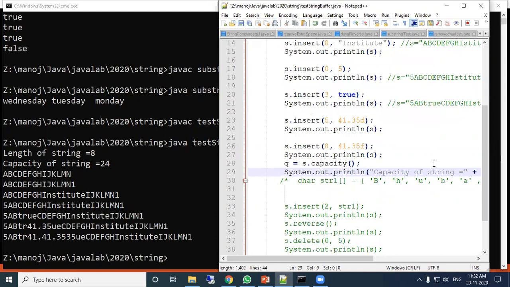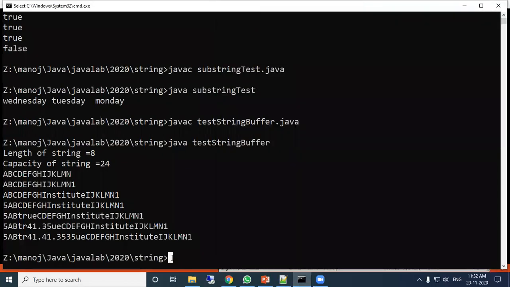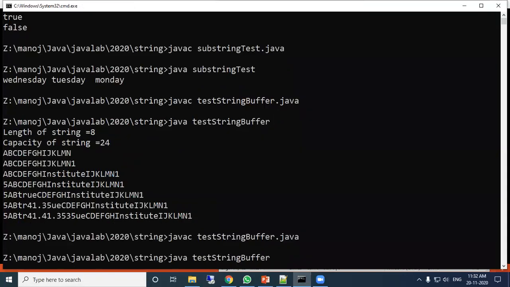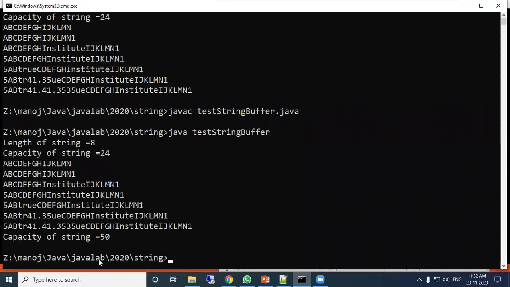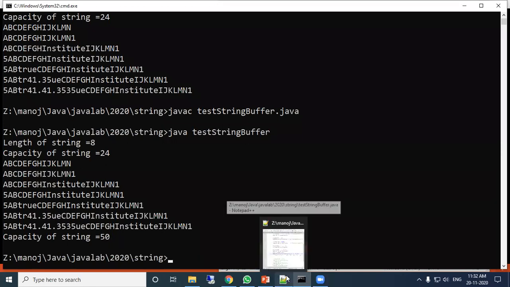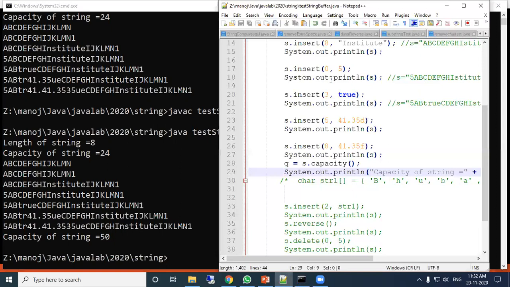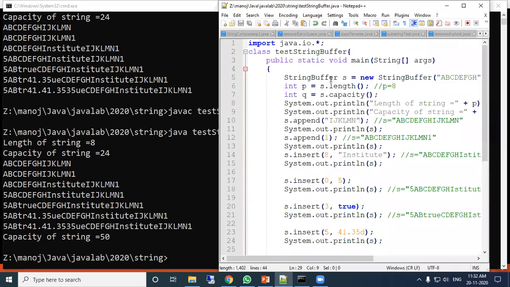Let us see what will be the capacity. See, after modifying the content, previously capacity was 24, now it is extended to 50. That is because string buffer is a mutable type class. So here you can modify the content at the reserved memory location, and the space will be extended. That is the advantage of string buffer.